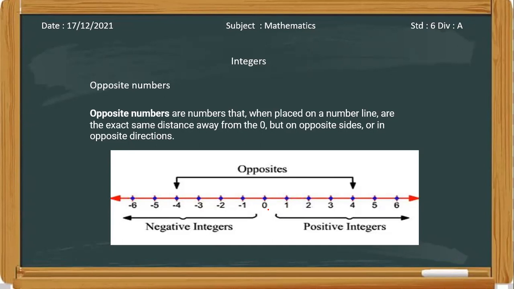Zero doesn't have any sign. Zero doesn't have a positive sign or a negative sign. Okay, zero's value is the same, only zero. But in the case of other numbers, their values are different. This one has the opposite number as minus 1. The sign can make a great change, a great difference, just like in our life also.